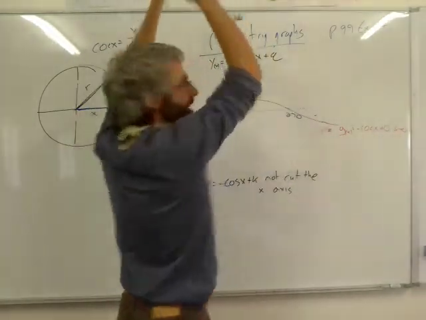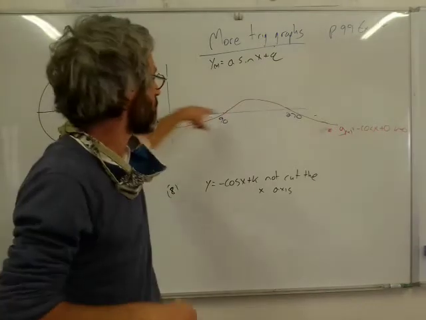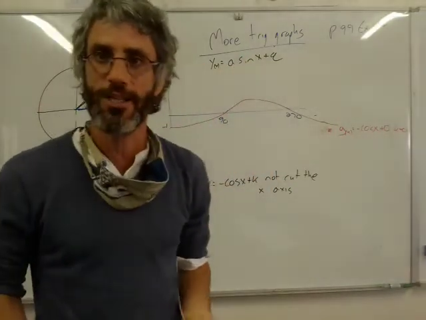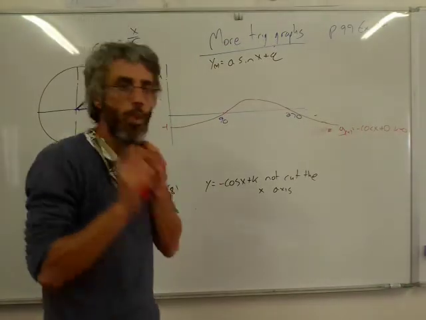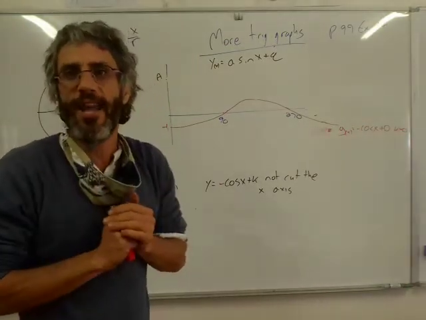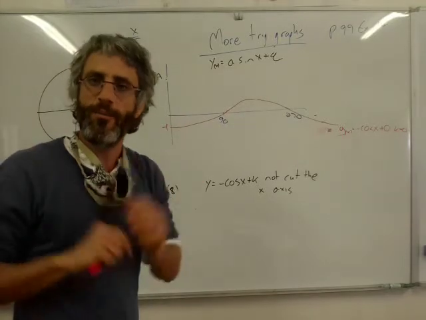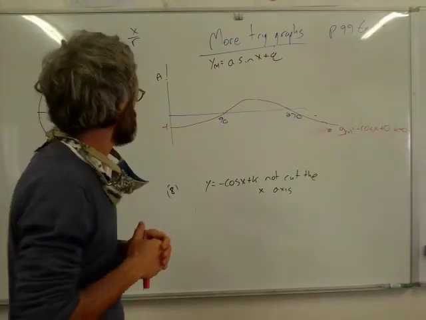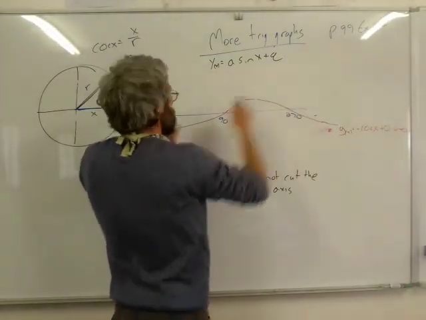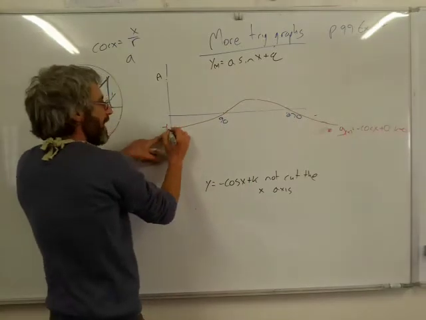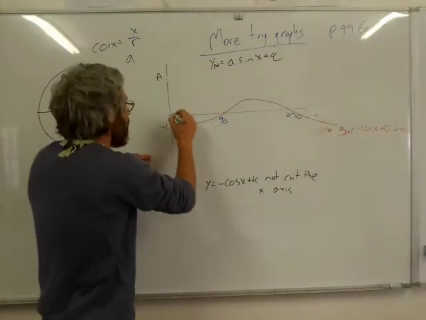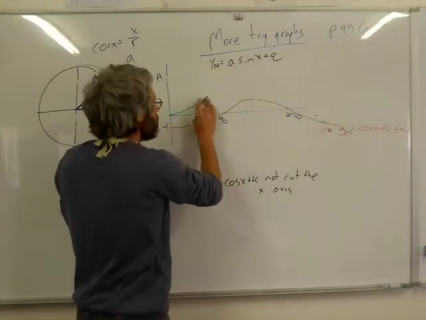Now, we either can pull it up a lot. If I pull it up 10 units, obviously it's not going to touch the axis. If I pull it down 10 units, it's also not going to touch the x-axis. So I need to look at what is the minimum value of k that I need to push it up or down. And beyond that, above that or below that, that will be our answer. So the minimum that can move that up, I'll use another color, okay, is if this is minus 1, if I push it up 1, if I push the whole graph up 1,